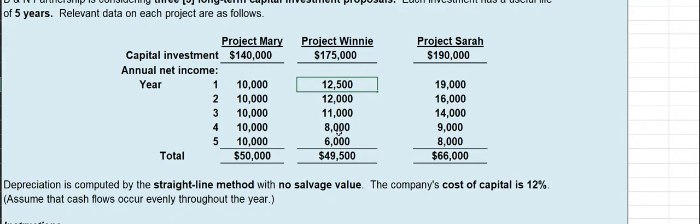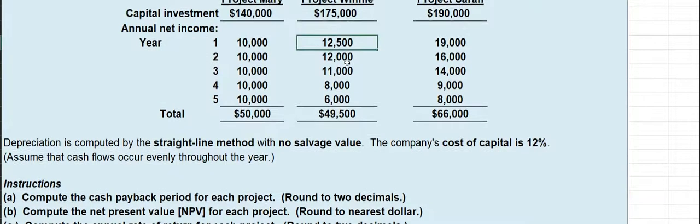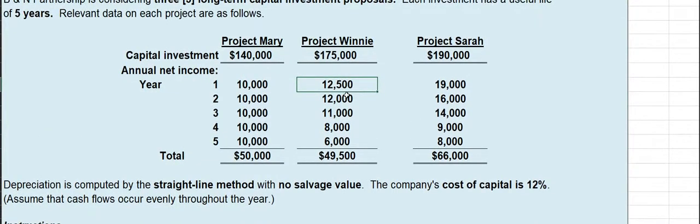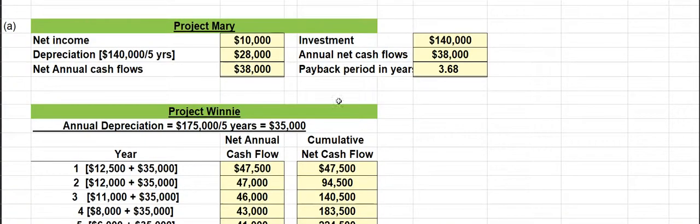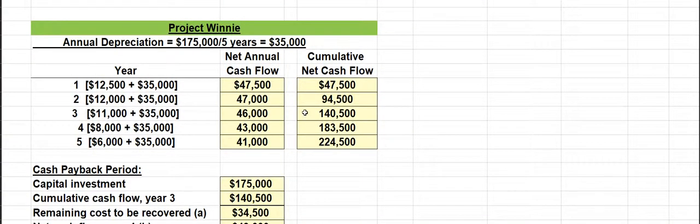And so again, we will have to convert the net income to cash flow. So we take the initial investment of $175,000, and it's going to be depreciated over 5 years because that's the duration of the project. There is no salvage value, so under straight line it would be 175,000 minus 0 divided by 5. And when we do that, we get our annual depreciation for Project Winnie of